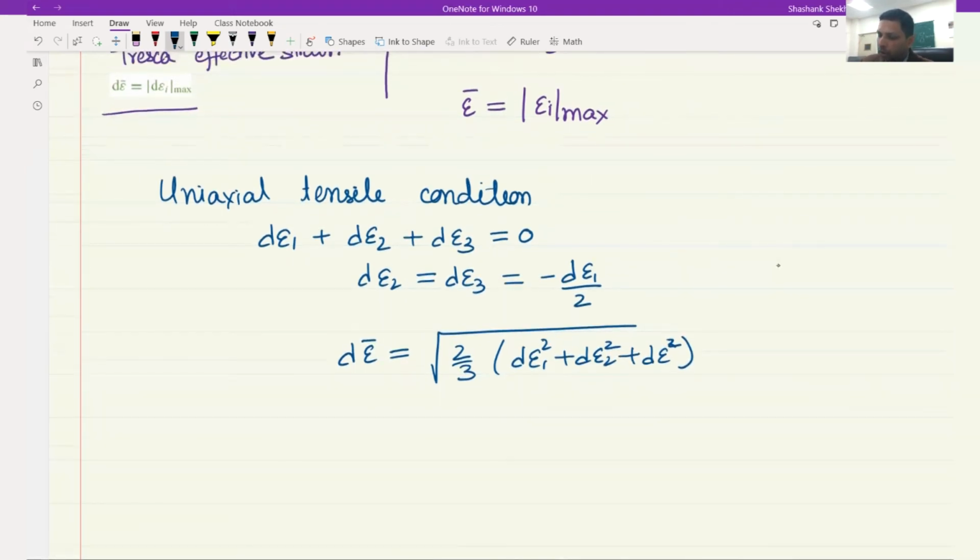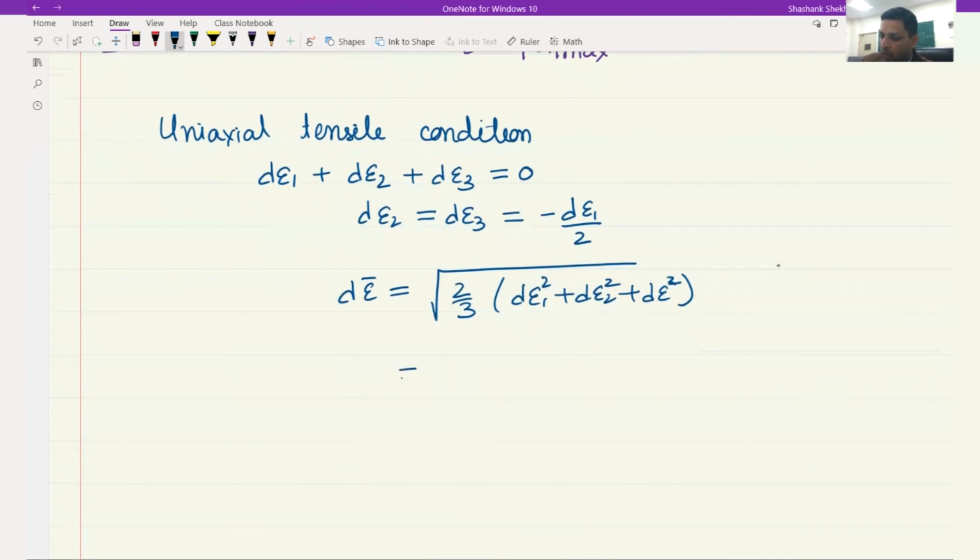And when you put it here, so d epsilon 1 square, instead of d epsilon 2, we'll put d epsilon 1 square by 4. So this is also d epsilon 1 square by 4. So these two become d epsilon square by 2. And therefore, the whole thing is 3 by 2 d epsilon 1 square. And this 2 by 3 gets cancelled out. And what we are left with is d epsilon 1. So d epsilon bar is equal to d epsilon 1